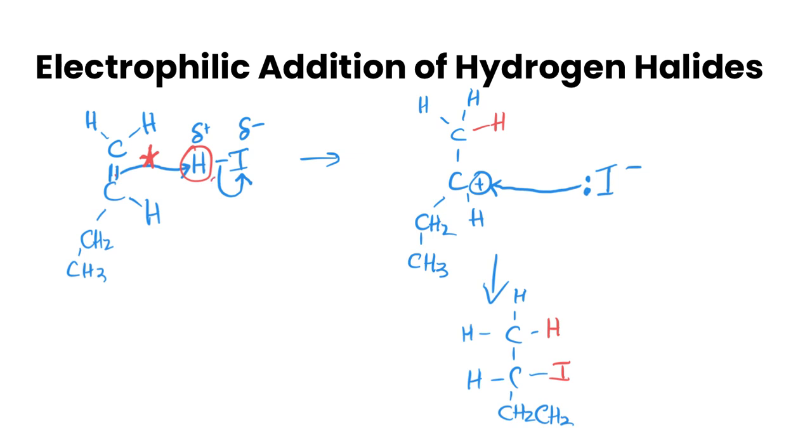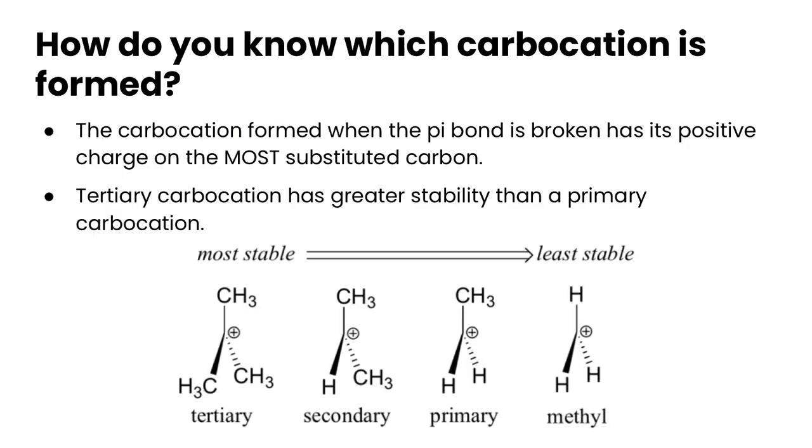It's important to show your curly arrow breaking the bond between the H and the I onto the I, and then showing your final curly arrow attacking the positive charge center in our carbocation. So I've kind of alluded to this a couple times in this video, but how do you know which carbocation is formed? Well, the one that's formed is when the pi bond is broken, it has a positive charge on the most substituted carbon. And that's because tertiary carbocations